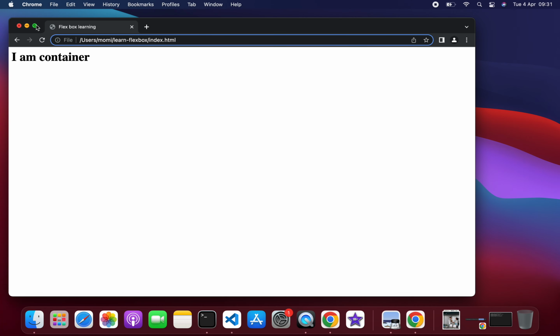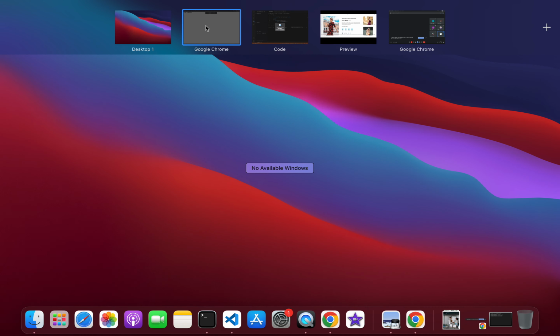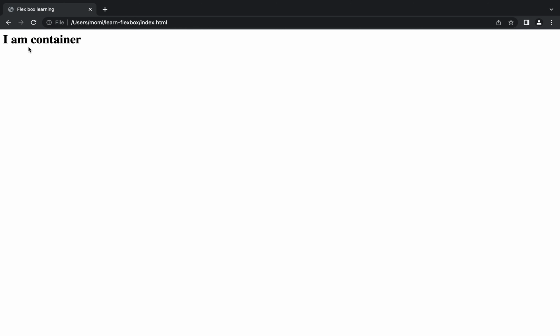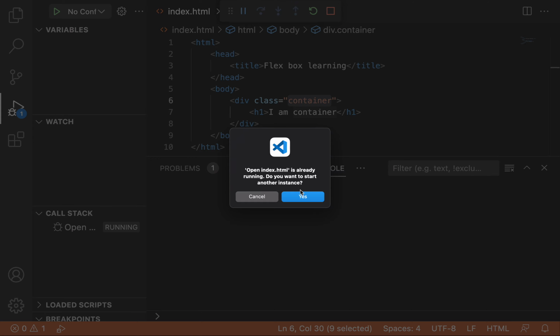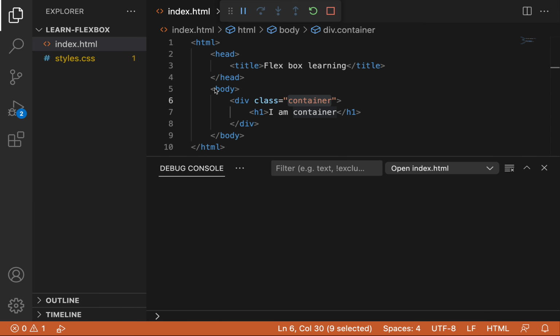Yeah. So I'll just run this here. So as you look, I am the flex container. One of the things that I wanted is, okay, no problem. So that's,